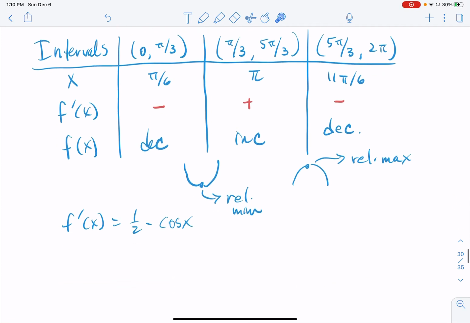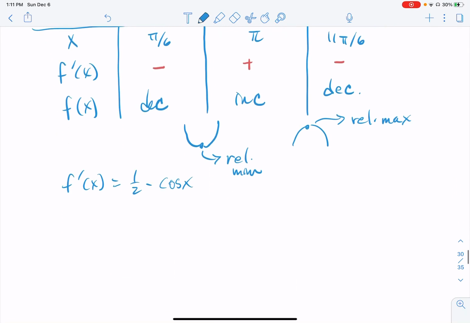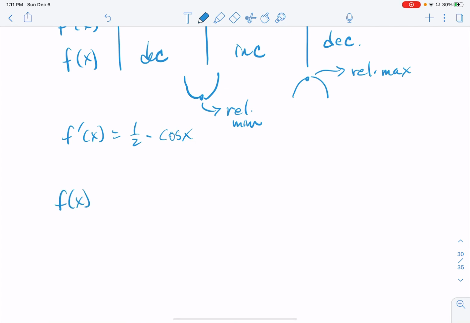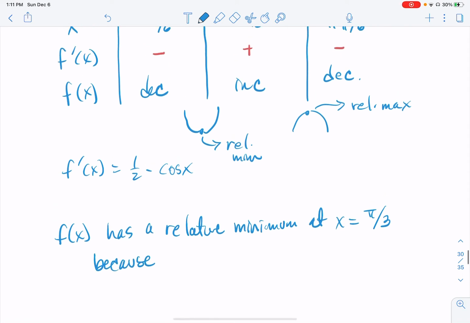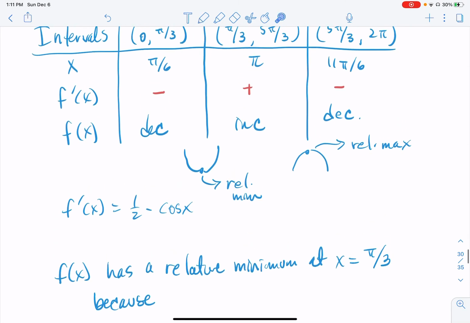So in a justification, you might say something like this. f of x has a relative minimum at x is equal to pi over 3 because, now don't be tempted to say that our function changes from decreasing to increasing. No, that would be a pre-calculus reason. We must say that our first derivative changes from negative to positive